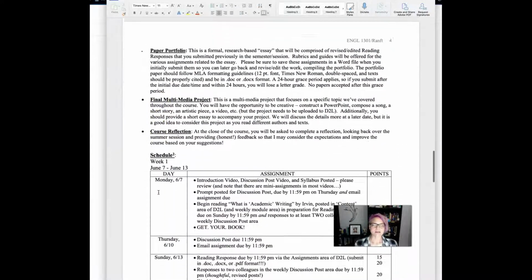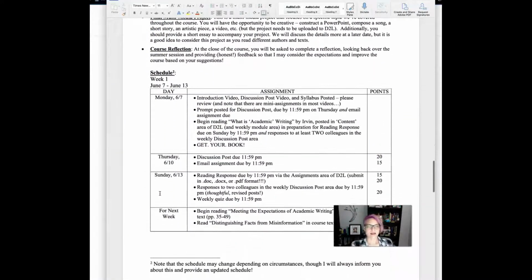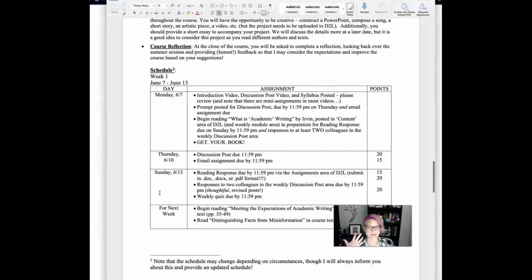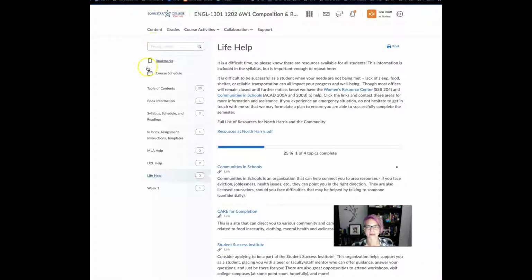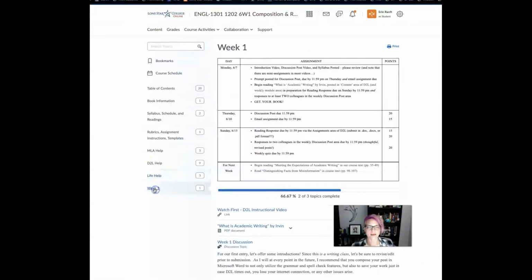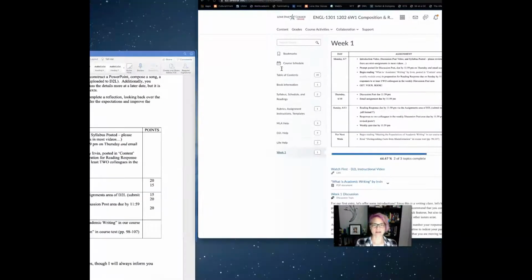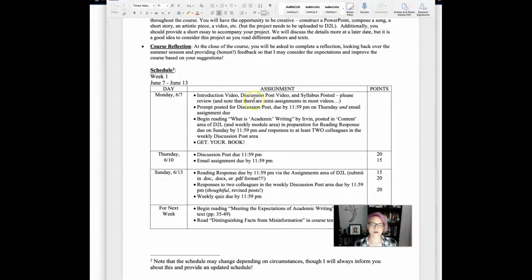If you scroll down, that's where we get to the schedule. You may be working with a couple of different syllabi now, or of course in your past, and they all look a little bit different. So I want to make sure there's no confusion about the way that our schedule is set up. This is a chart that you'll see when you go to our course in D2L and the content area. If you go to the content area and then to week 1, I'm going to copy and paste that chart so that at a glance you can see what is required that week.